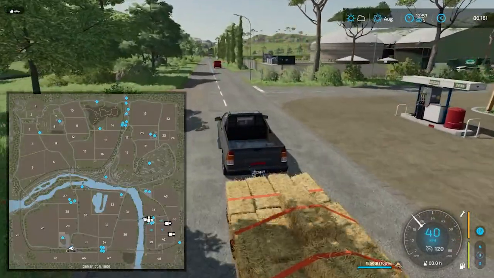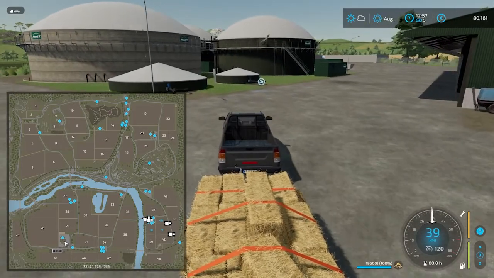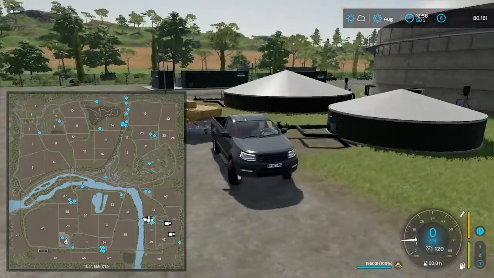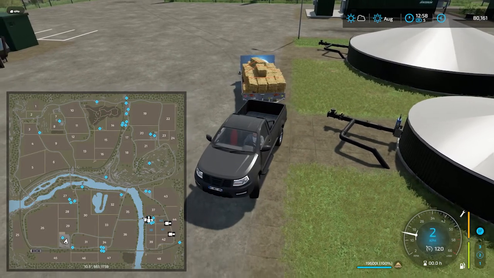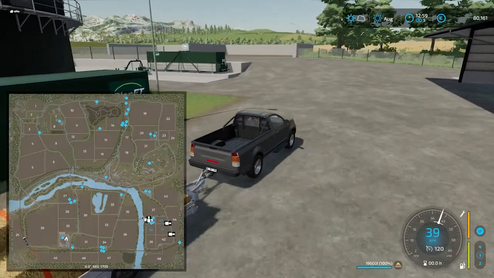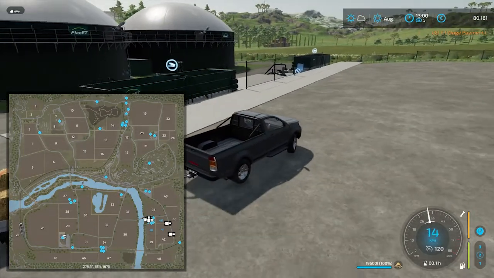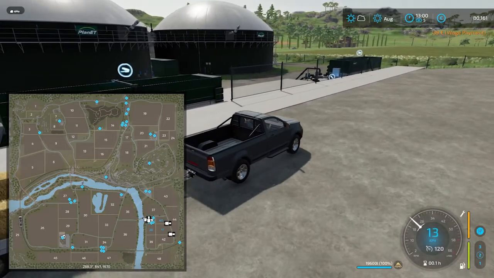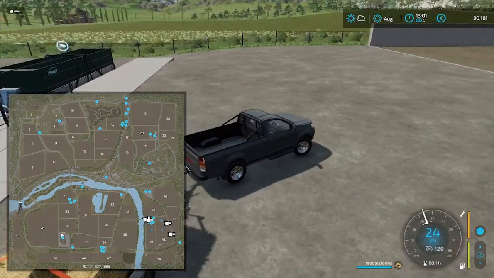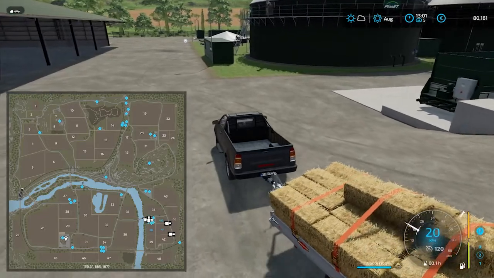Alright, so we need to pop into the biomass plant, which is here. And looks like we can go here. Right. Or is that something else? That's probably manure. It's the one around the back here. I don't even know how this works. So I've got to figure out how to sell this to the biomass plant. I'm not throwing all the bales in there. That would just be ridiculous. I do know that